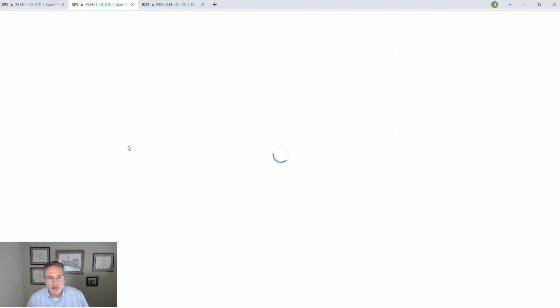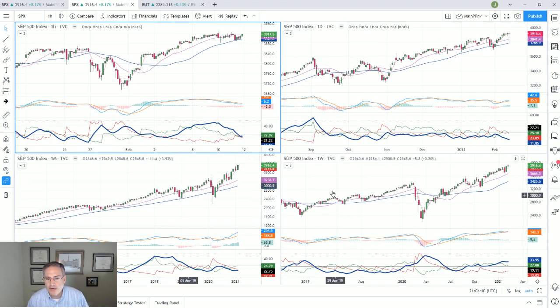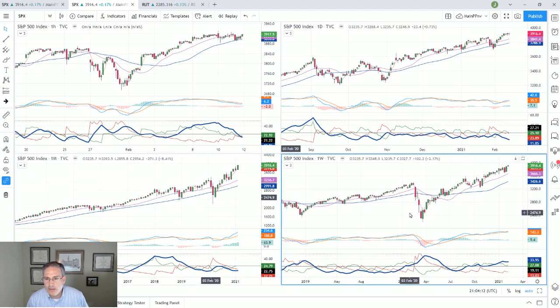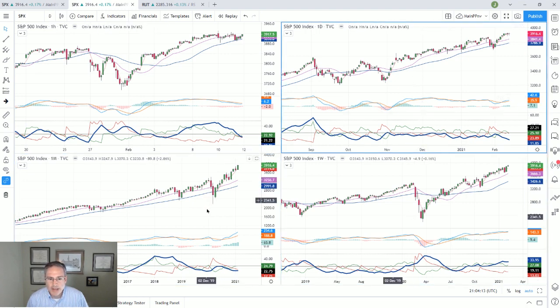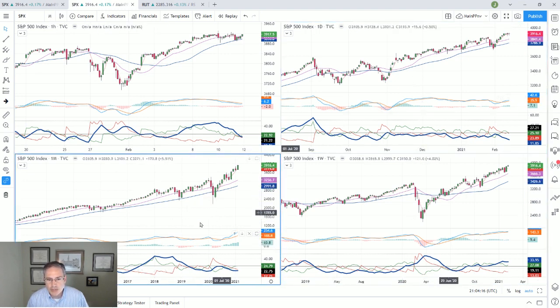So let's go straight into the trends here. Again, I have my 4 time frames up. There hasn't been a significant change in the monthly in quite some time. The only thing, and it's something that I think we always want to look at, is the 18 and the 40, and we can see that they're both rising. You want to look at the distance between them, and you want to look at the rate of ascent. Are they moving up at about the same rate? And that continues to be the case right now.